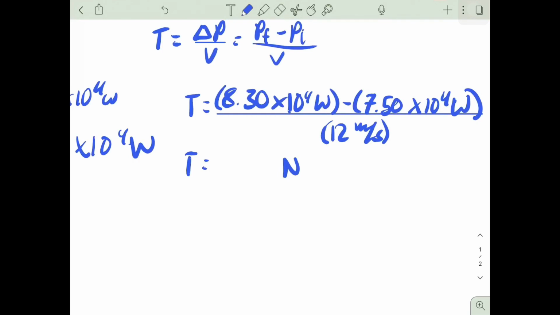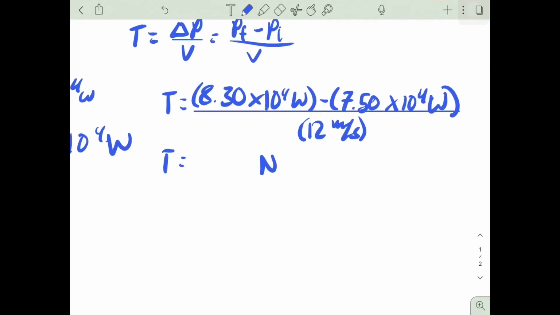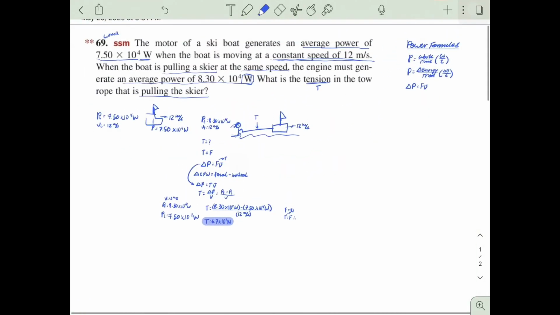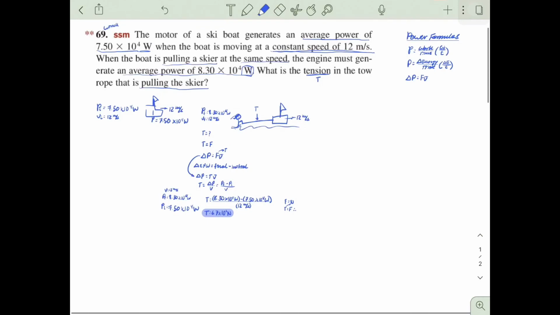You should really know your units. It's good to know them by memory, but you don't really have to. You can just look up what watts is and all that stuff. But if you plug everything into your calculator, subtract and divide, and you're a genius, you should get 6.7 times 10 to the second newtons. And this, my friends,